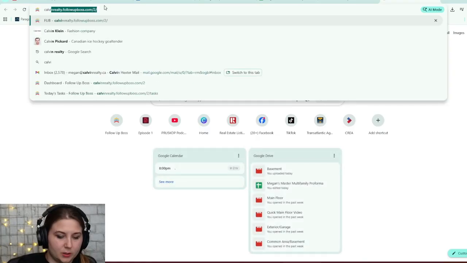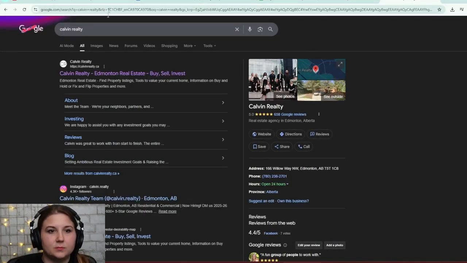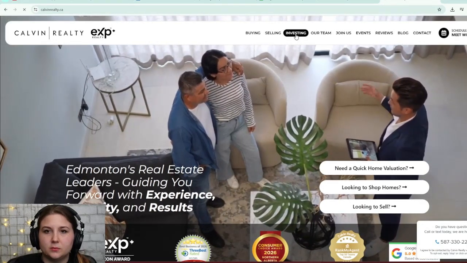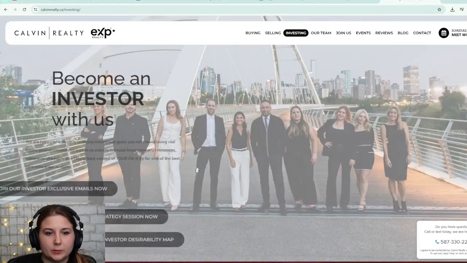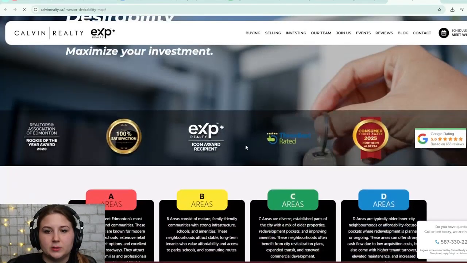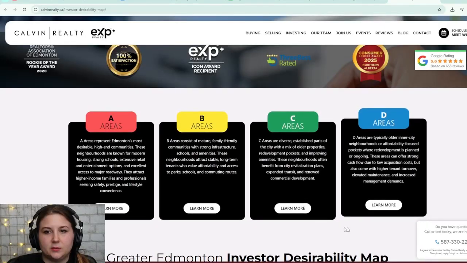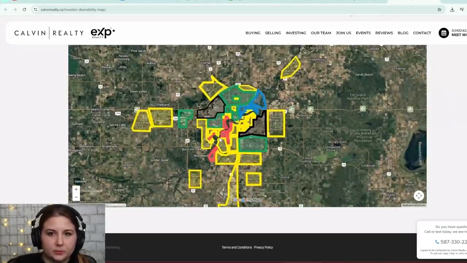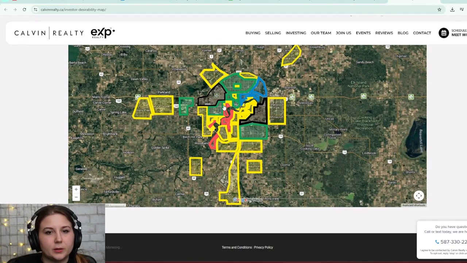If you don't know what I'm talking about, this is my team's website, and we have a really awesome resource where if you go up into investing, I promise this is worth it, our desirability map. So if you look at this here, we broke it down into A, B, C, D areas, and we have color coded them. So just to go through this super quickly so we can get back to the buyer connecting,